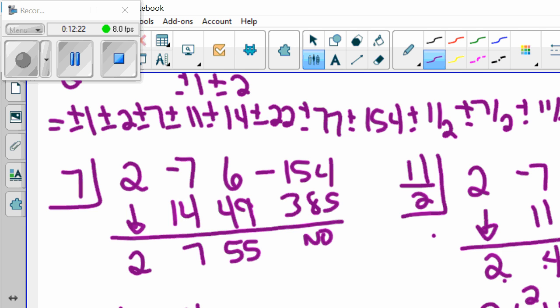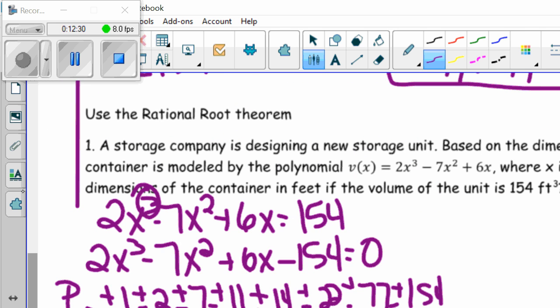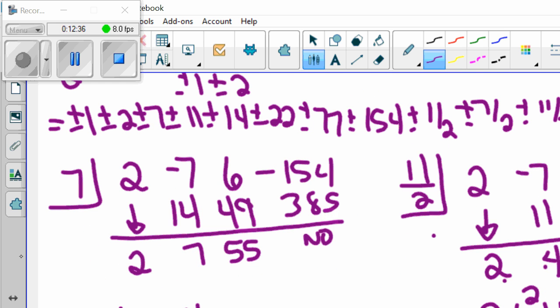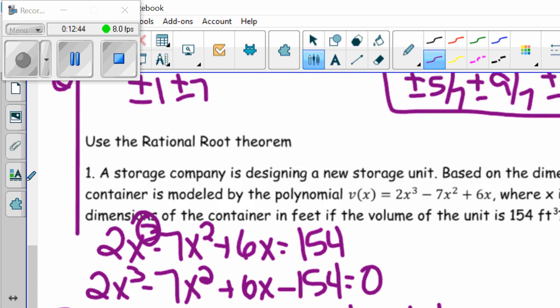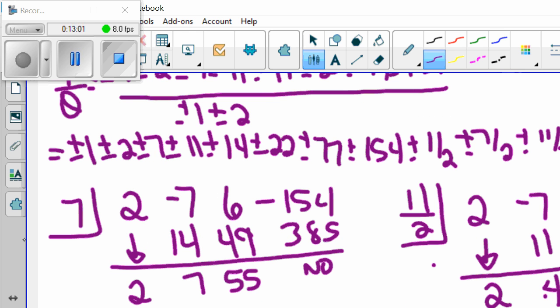So my dimensions, because the problem asked me for the dimensions. So the dimensions, if I look in the picture, right, I have an x, a 2x minus 3, and an x minus 2. My x, I found out that works, is 5.5. So 5.5, and this is feet by, so let's plug 5.5 in. So 2 times 5.5 minus 3. So 2 times 5.5 is 11. 11 minus 3 is 8. Okay. So I have 5.5 feet by 8 feet